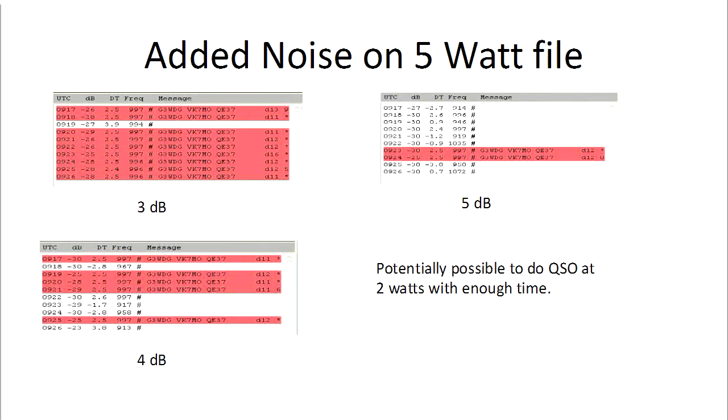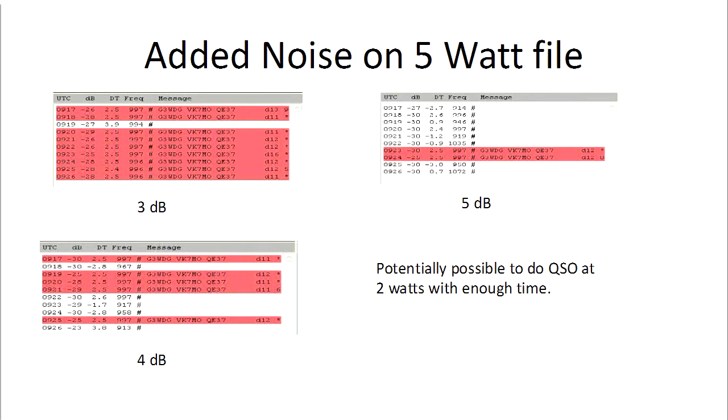The noise is random, so you don't always get exactly the same result every time you do it, but if you do it over 10 tests, the average result's always pretty close. With 3 dB, you can see I've only missed 1 decode out of 10, so from 5 watts I can certainly get a pretty good amount of decoding at